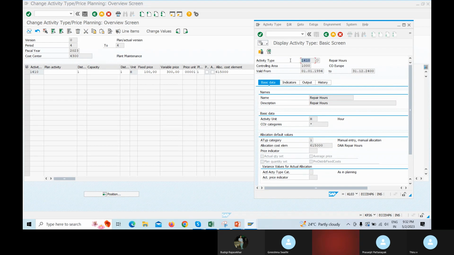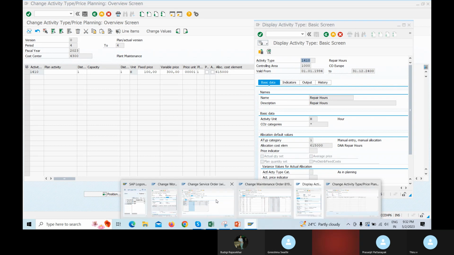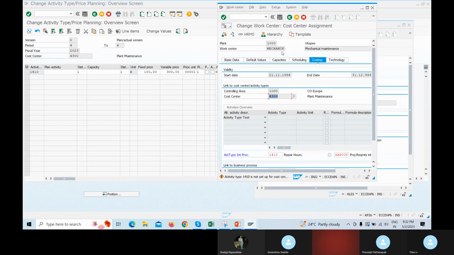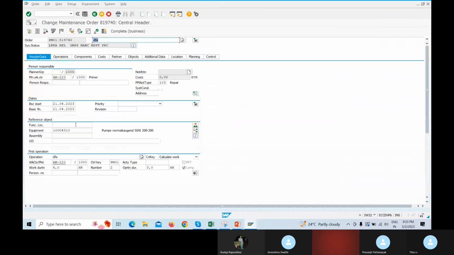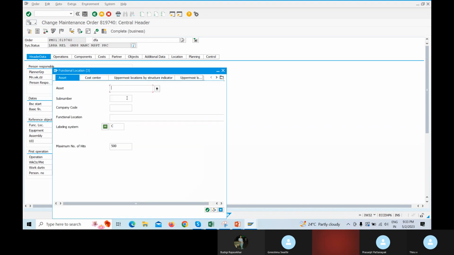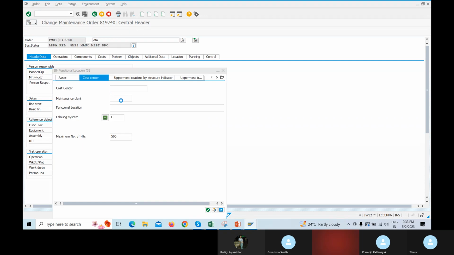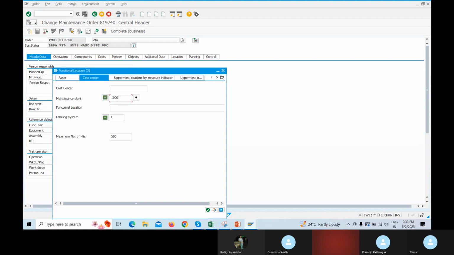Okay. So this activity type will be maintained in your work center. When you are doing maintenance on equipment or functional location, the functional location is the same, it also has a work center. If you are doing maintenance only on the functional location, it can take from there, no issues. This we already discussed. So here also it is the same case. It will take the work center. Which work center? There are two work centers in the technical object. What are the two work centers?